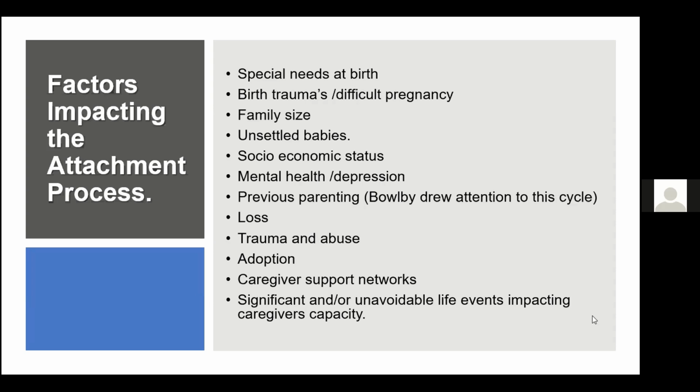One of those can be parents experiencing a child who has special needs at birth. This can just be really hard for parents to come to terms with if it was very unexpected, and they're then trying to manage the loss of the child that they thought they had, and they're uncertain how to provide that appropriate support. So that can be quite a significant factor in affecting that attachment process. Family size can also be an influencing factor, because parents are having to divide their attention, they're having to limit time. So if you have very large families, that might be a factor for a young baby.